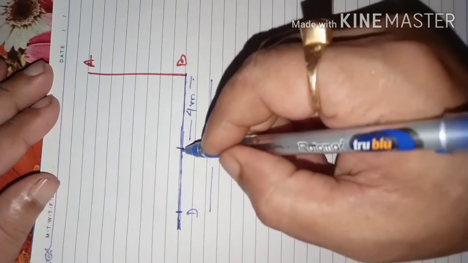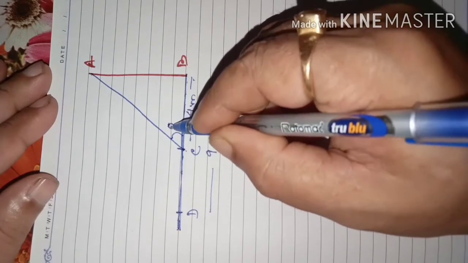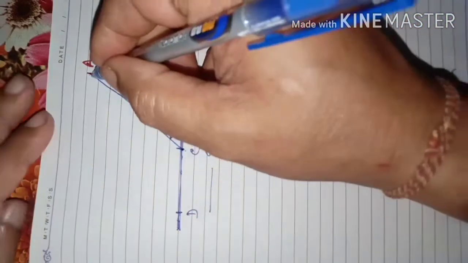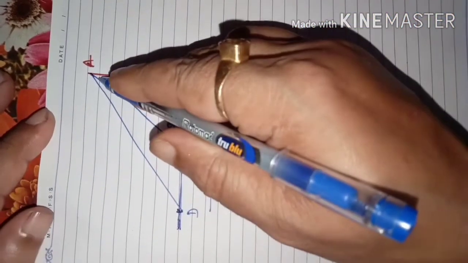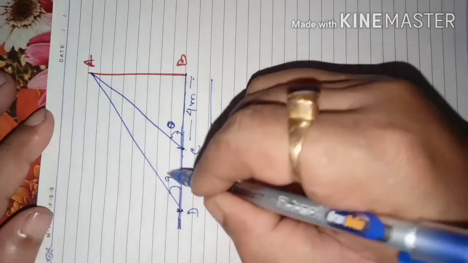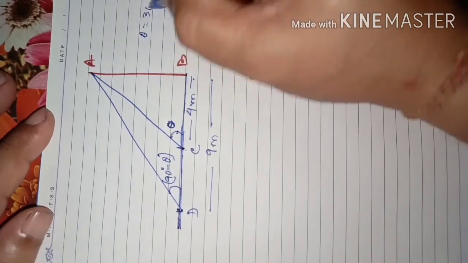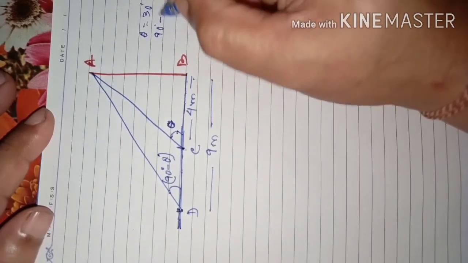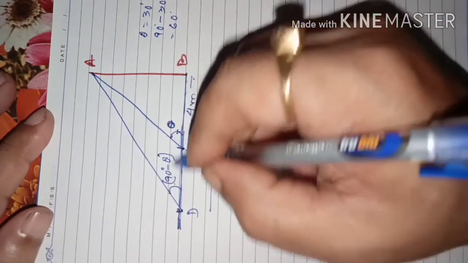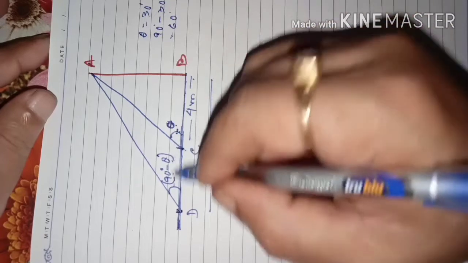So from this point, when you look at the top of the tower, the angle that will be made is not exactly said, you can say theta. So this angle is theta. And from point D, when we look at the top of the tower, this angle that is formed is the complement of this angle. That means if it is theta, this one is 90 degree minus theta, because suppose this angle is 30, theta is 30, the other angle should be 90 minus 30, that is 60. That means if it is 30, it is 60, if it is 60, it is 30, like that. So if it is theta, this is 90 minus theta, means their sum is 90.